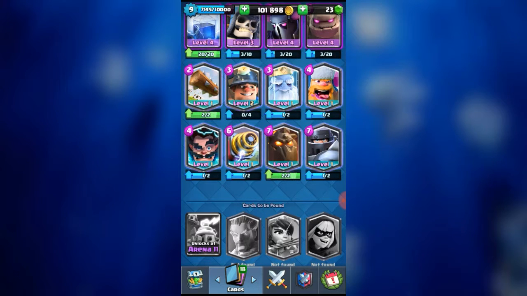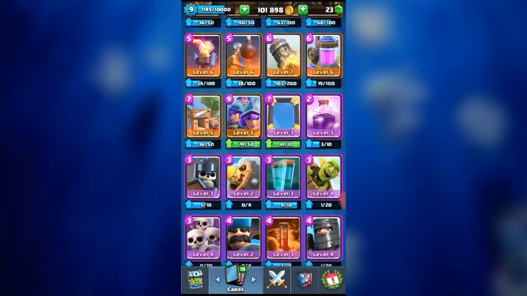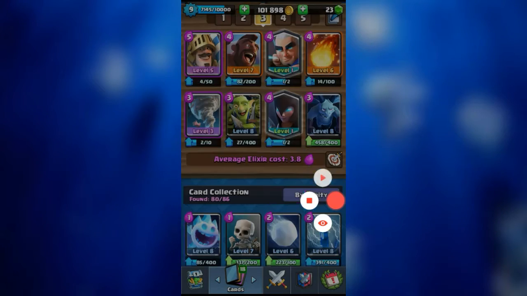And then yeah, so that's your win condition. You could rather have anything like the executioner, the balloon, the bowler. You could have loads of things. But yeah, moving on to the next thing. What you need is...